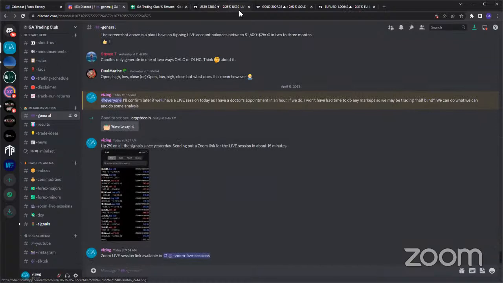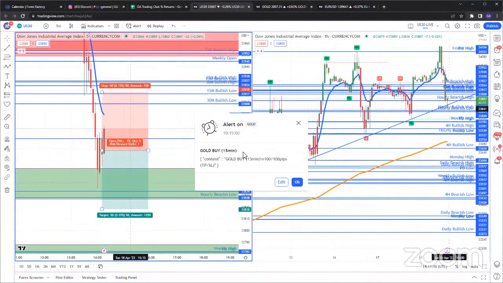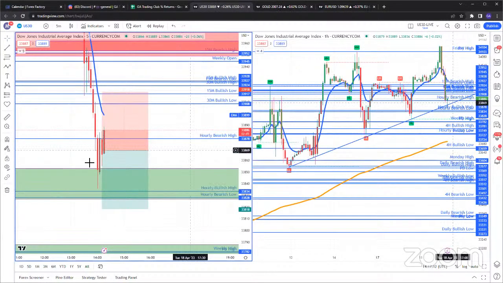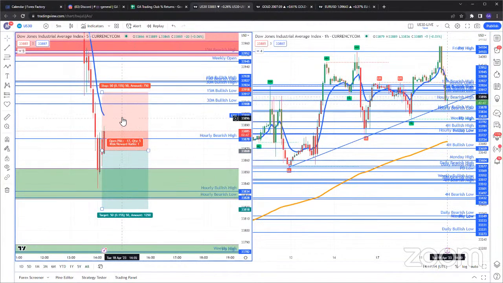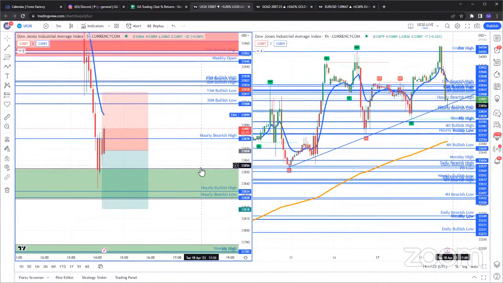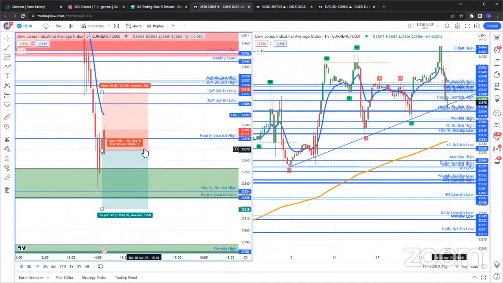And yeah, that's the signal. I think US 30 is pumping back up. Even on the 5-minute time frame, that would still be the entry, because this candle did close, retested the hourly bearish high, and closed below. For this trade, I did say since we don't have any of these other markups, I would rather go